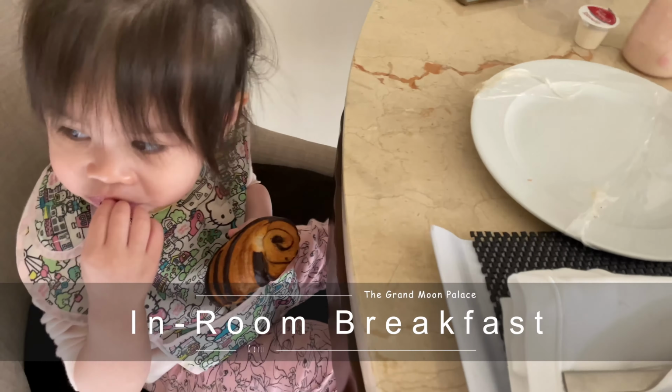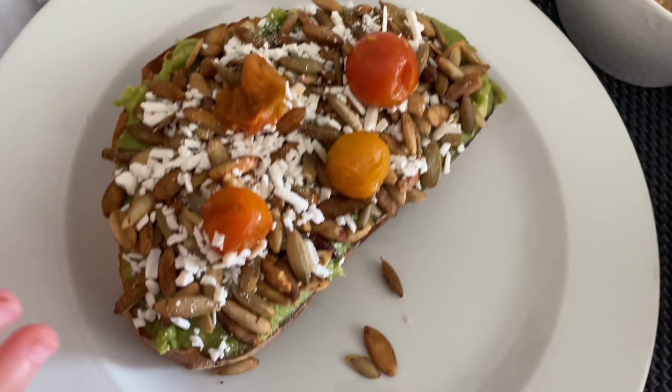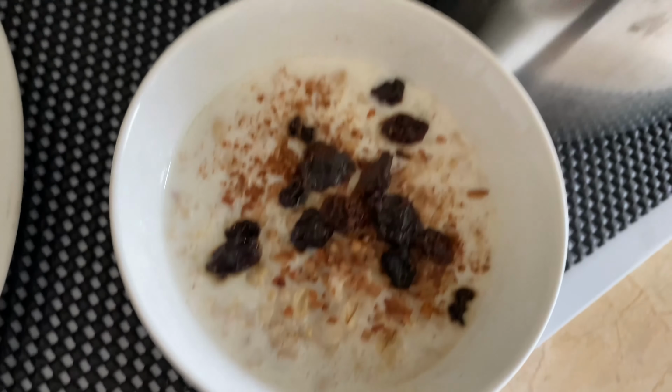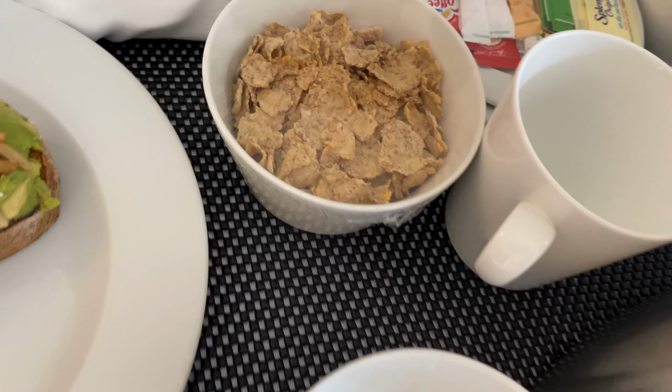So this morning I just got some regular, very simple breakfast. So I got avocado toast with chocolate croissant, oatmeal. What's this? Yogurt. And cereal with a pot of coffee,